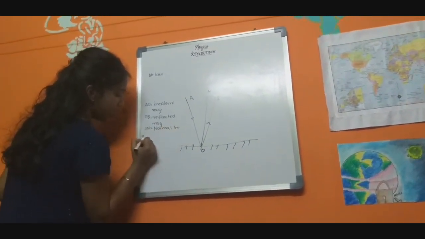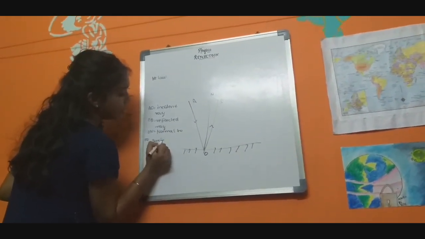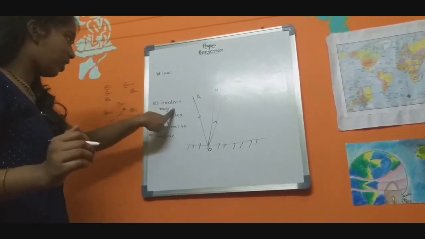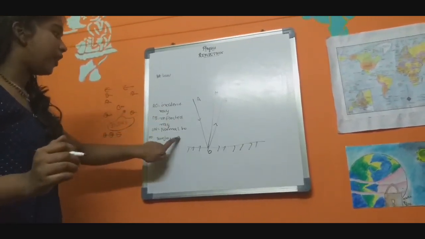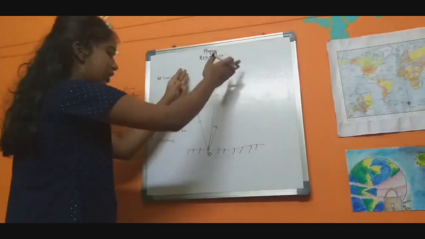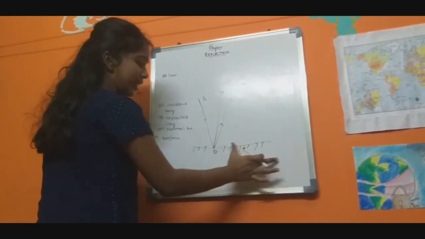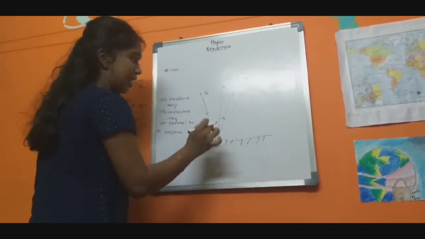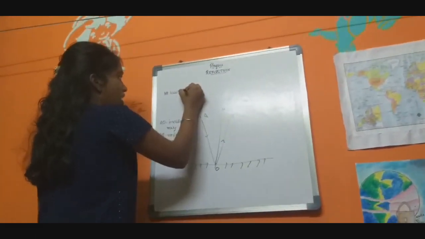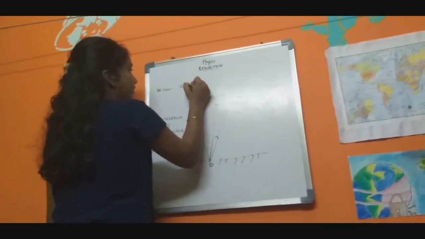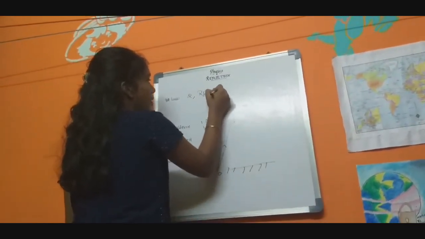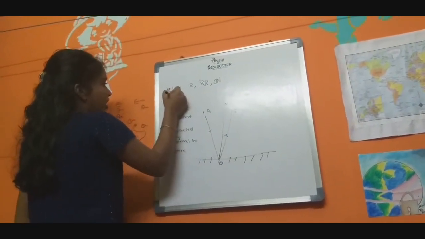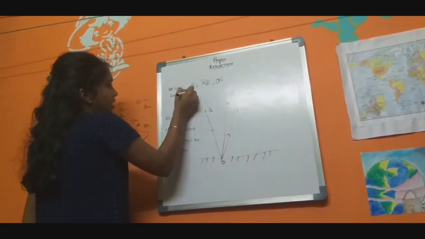See here, our first law is: the incident ray, the reflected ray and the normal to the surface lie on the same plane. See here, this is the plane. These three rays are lying on the same plane. This is our first law. Then the second law is, see here,